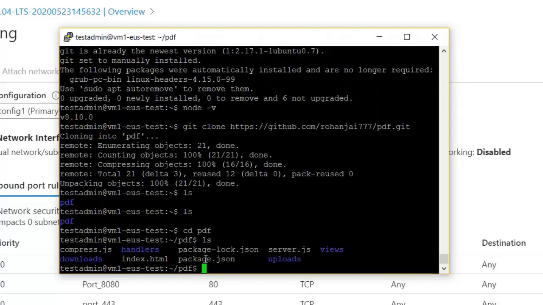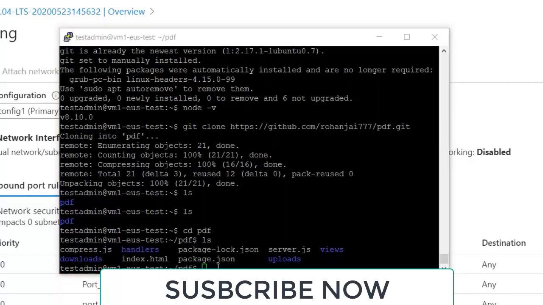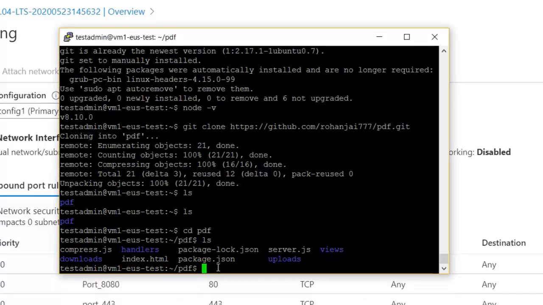Okay, and now it's time to run my application. So guys, first and foremost, I need to run the command npm install to install all the npm packages, or the node modules, that I have in my application. Okay, one thing you must remember is that you do not need to upload the node modules. You just have to deploy your application without node modules, and you can just install the node modules on your virtual machine in which you are deploying.